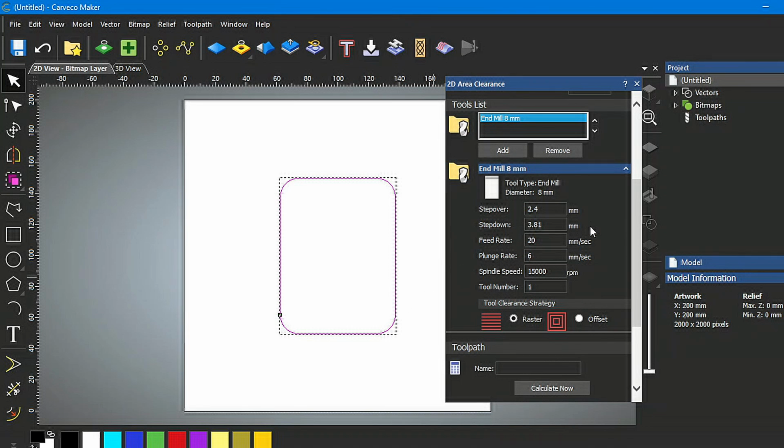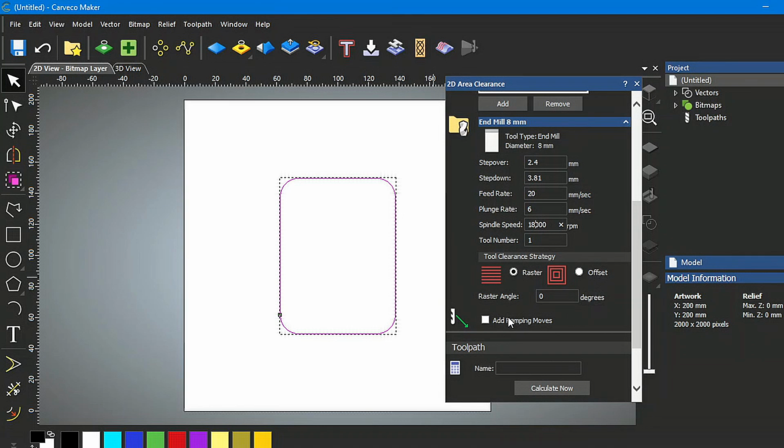So this in fact would be about right. 15,000 RPM. I will actually put that up to about 18,000 RPM. I know that my tool likes to spin a little faster than that. Okay, now there are two ways in which to machine a piece of material like this, and I know from